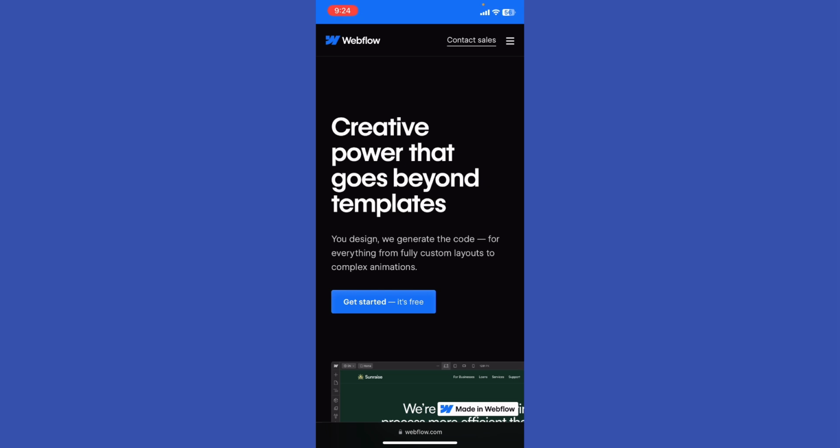And then what you're going to do, you're going to just review your changes to ensure everything looks and functions as expected. Publish your site to make the components live. Relume helps streamline the design process by providing ready-to-use components and templates that can be easily integrated into your Webflow